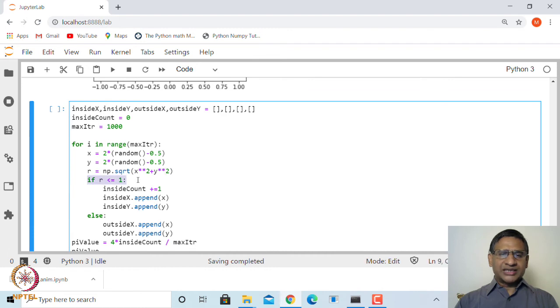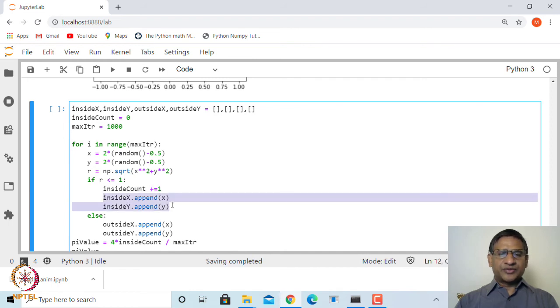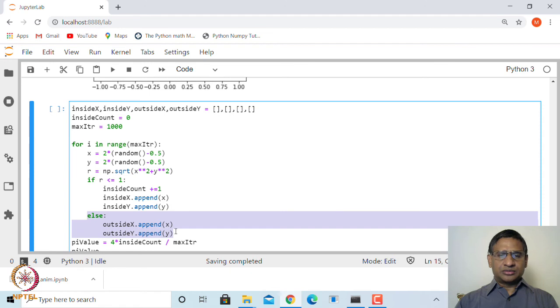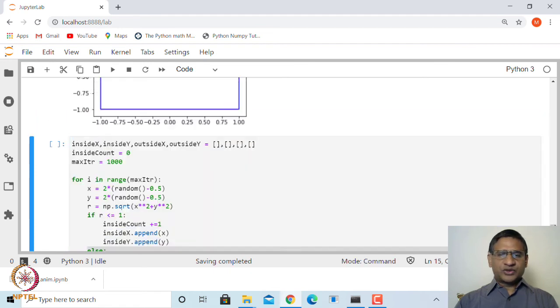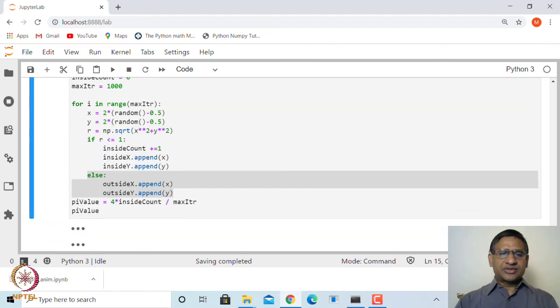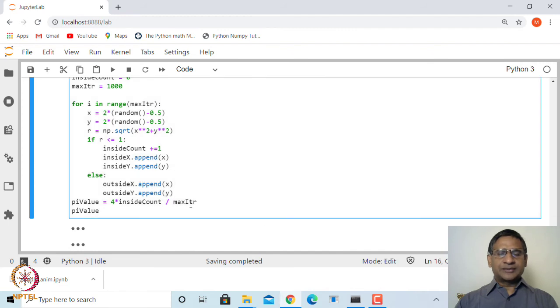In case r is less than or equal to 1, then it lies inside, so you increment the inside count by 1 and append x and y to inside x and inside y, otherwise you append to the outside x and y coordinates.